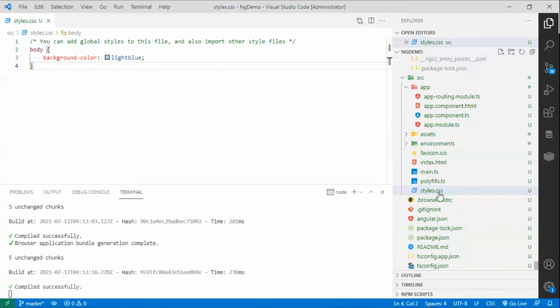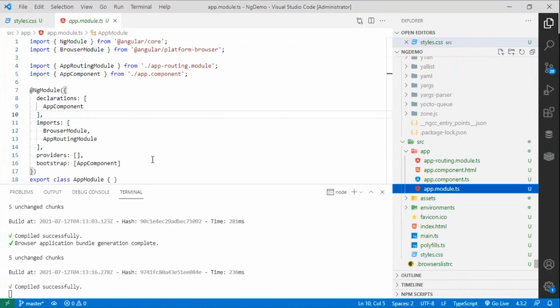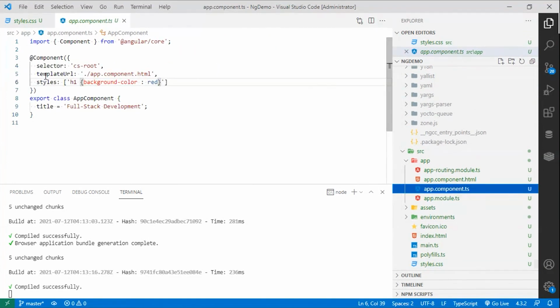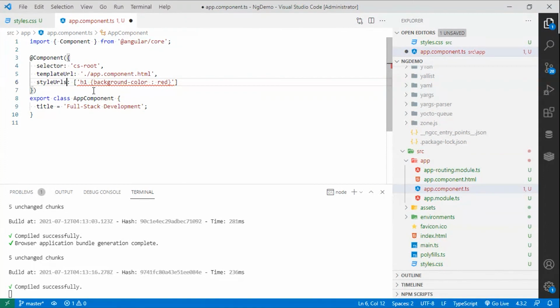So there are two ways of styling. The first way is modifying the style.css file. The second is you apply some inline styling here in the component file in the styles tag, and the same option is available like template, that instead of providing it inline here like this, we can put it inside a file, and once again name it the same file,